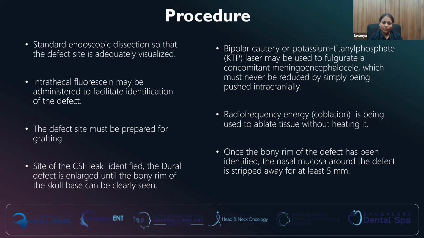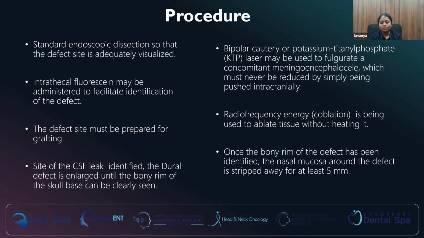Generally, for grafting, we enlarge the site until the bony rhythm of the skull base can be clearly seen. Then either bipolar cautery or even coagulation nowadays can be used to fulgurate a concomitant meningoencephalocele, which should never be simply reduced by pushing it intracranially. So either bipolar cautery or coagulation can be used whenever we see a meningoencephalocele along with